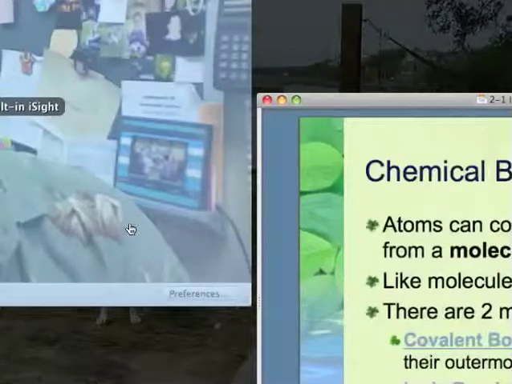Now, to get to the point of this, let me explain why things bond together. Atoms like to have full outer shells of electrons. We already said the electrons exist in the outer energy cloud. And for a lot of elements, they have an outside shell that can fit 8. And they want 8 electrons there. Well, some of them only have 6 out there, so they need 2 more. So they'll do one of 2 things. They will either share electrons with another atom, or they will take electrons away from another atom. And that's what ends up giving us chemical bonds. Those chemical bonds are made up of energy that hold them together.